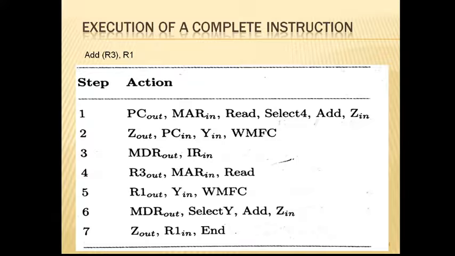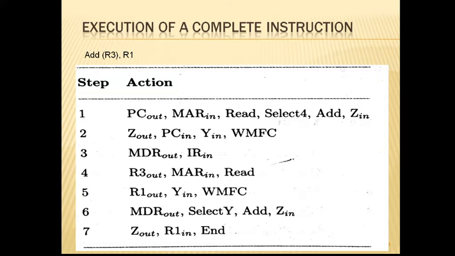And again, the select signal will be set to select 4. This causes the multiplexer, mux, to select the constant 4. Why constant 4 here? Because the PC is incremented by value 4. Value 4 is because we have considered the size of an instruction to be one word. So one word consists of 4 bytes. So the next address where the PC should point is after 4 bytes.